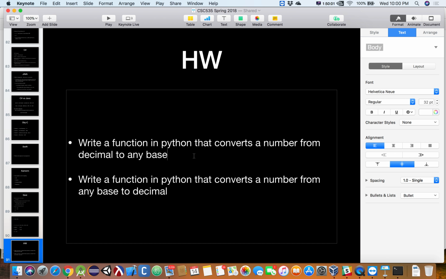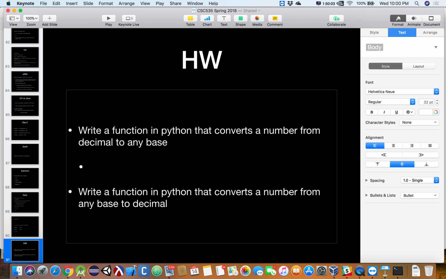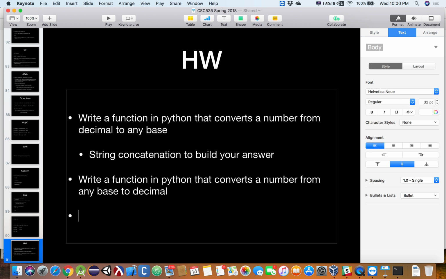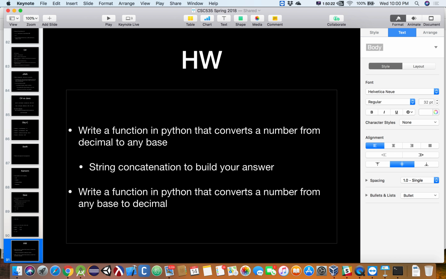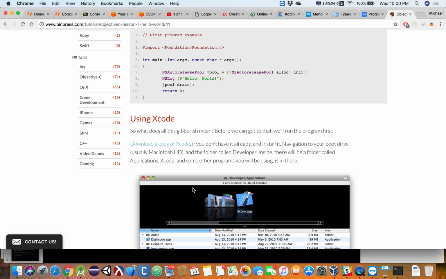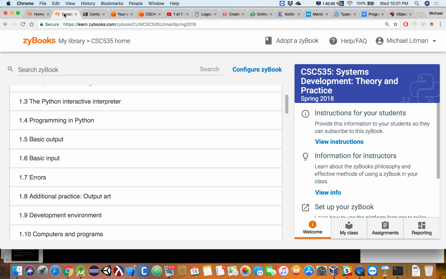All right. The hint here is this is going to be string concatenation to build up your answer. And so will the other one. They're both going to deal with a lot of string concatenation. So now back in here,